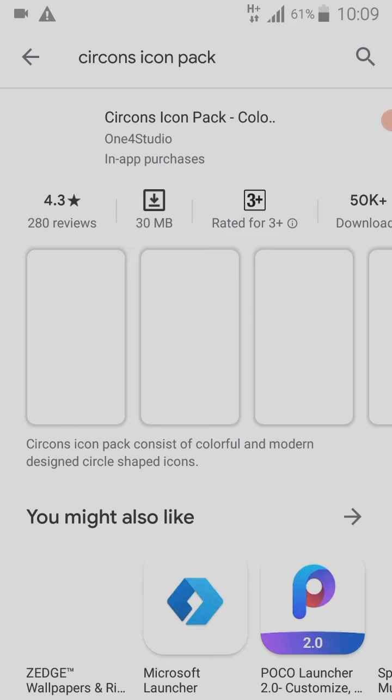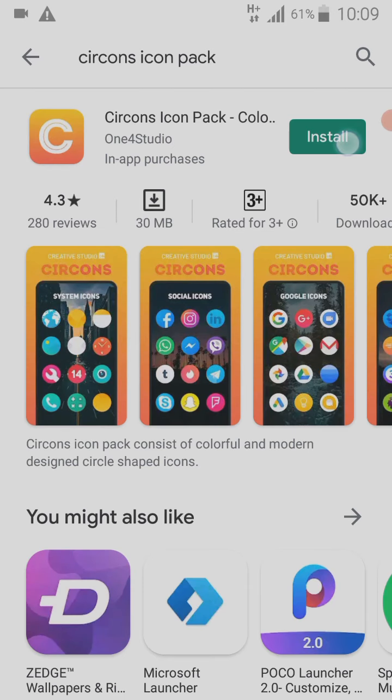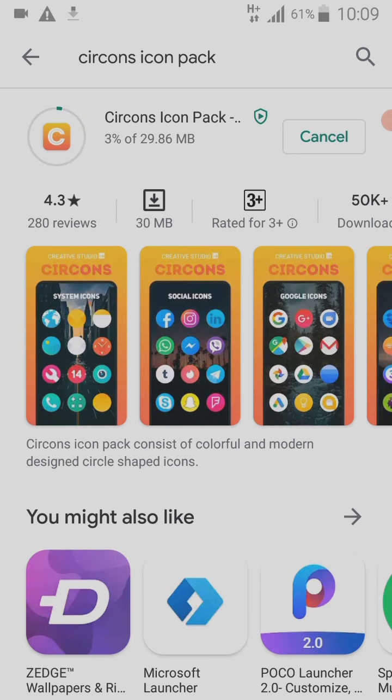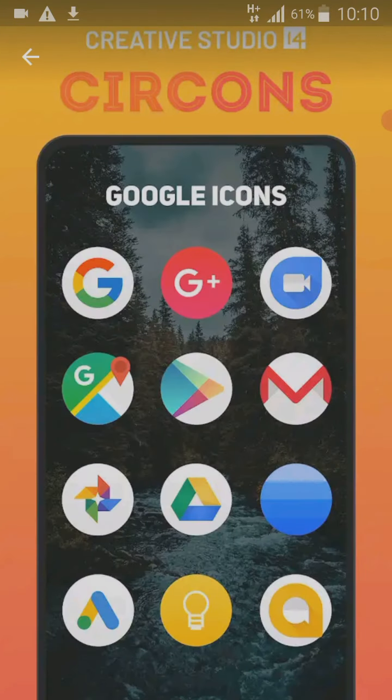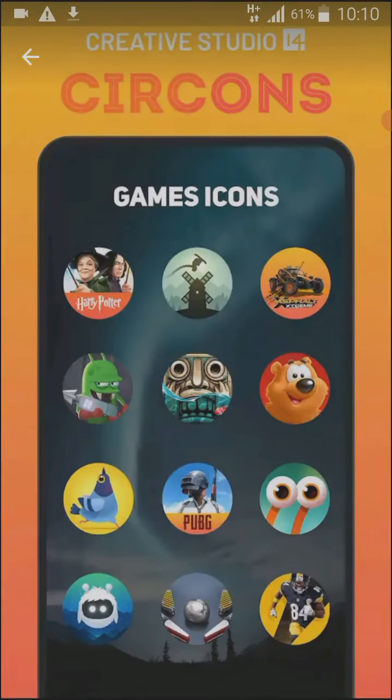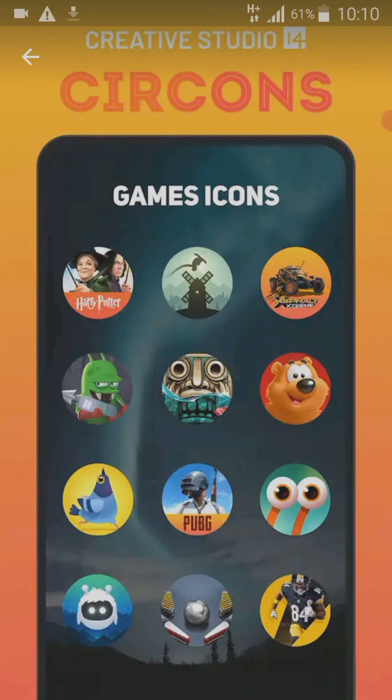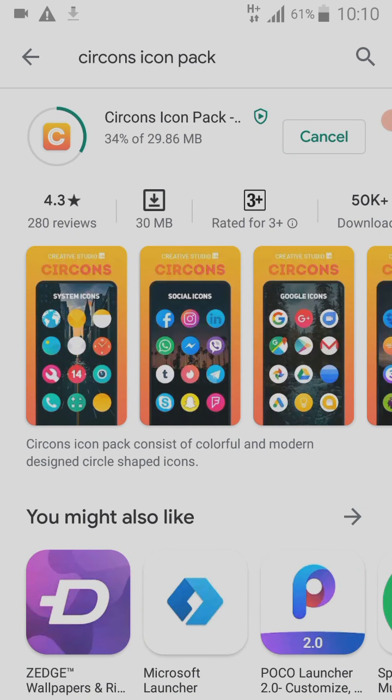Select it and install it. Once installation is completed,